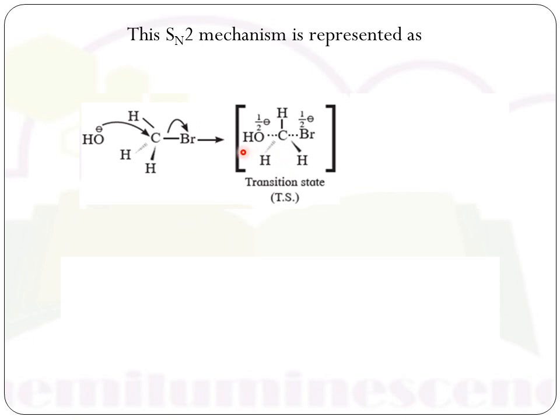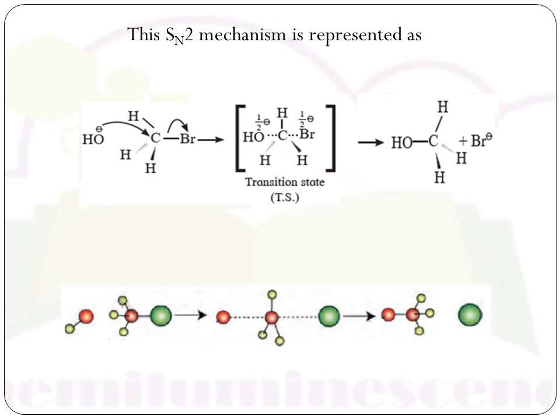When the C-OH bond forms completely, the C-Br bond breaks completely and the product is formed. This is the three-dimensional structure of a similar reaction. You can observe here, this is the nucleophile which is attacking the electrophilic carbon. This one is a transition state. This is the geometry. You can see exactly how it looks in the transition state, and the product is formed after new bond formation and old bond breaking.